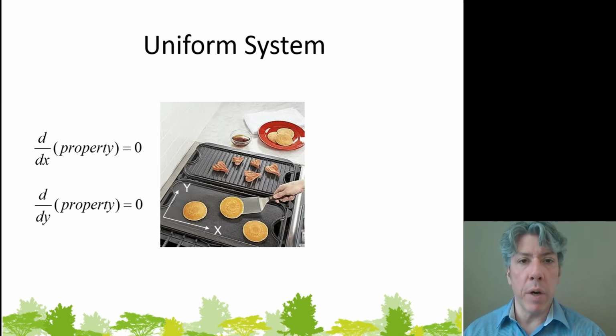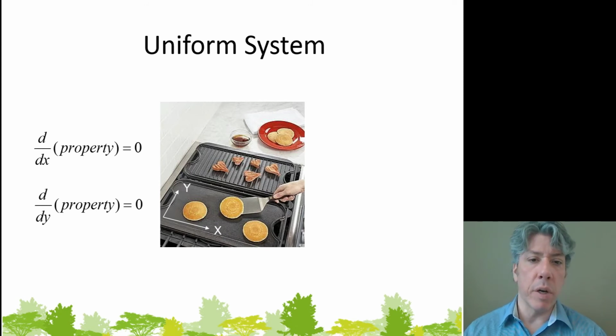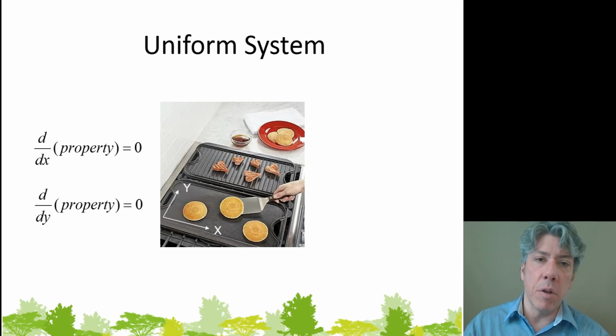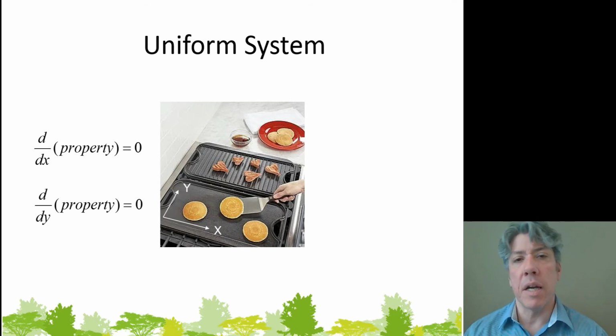If you're confused about what a uniform system is, imagine a pancake griddle where you're trying to cook pancakes, and you want the pancakes to be a nice, uniform golden color across the entire surface. Well, if the griddle you're cooking on does not have a uniform temperature, in other words, is not invariant in temperature no matter where you move across the griddle, then some pancakes are going to burn and some will not even